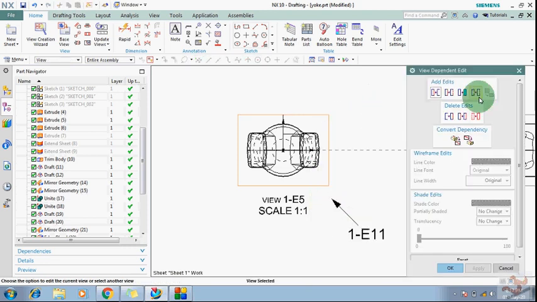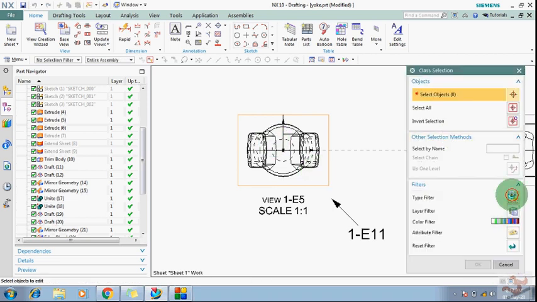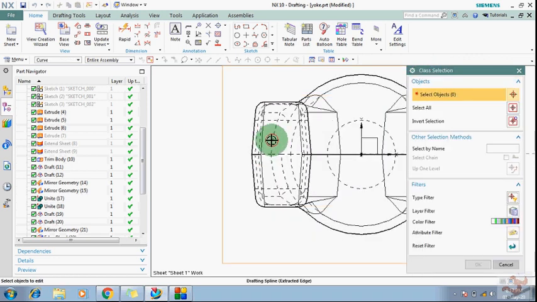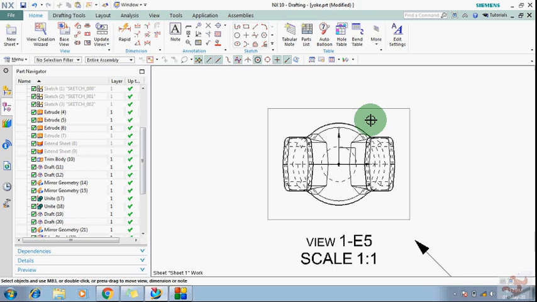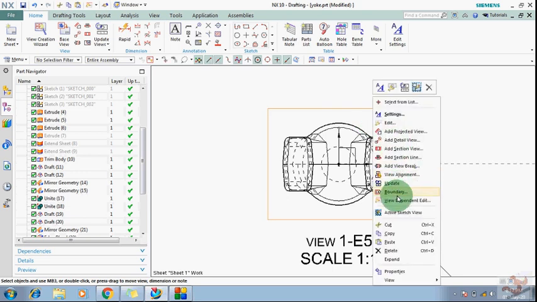on the view boundary dependent, select this one, dashed. Okay, and click apply. Second thing is curve. Okay, now select the lines which you want to keep. Suppose that these lines. Okay, click OK, click OK, and now go to the setting, view dependent,